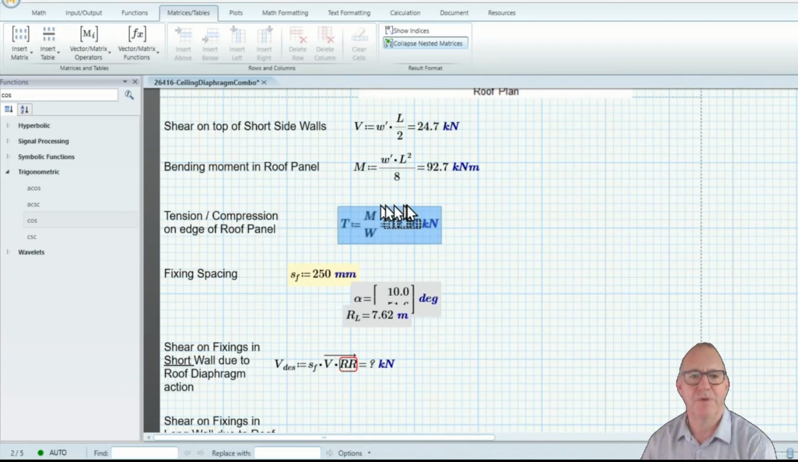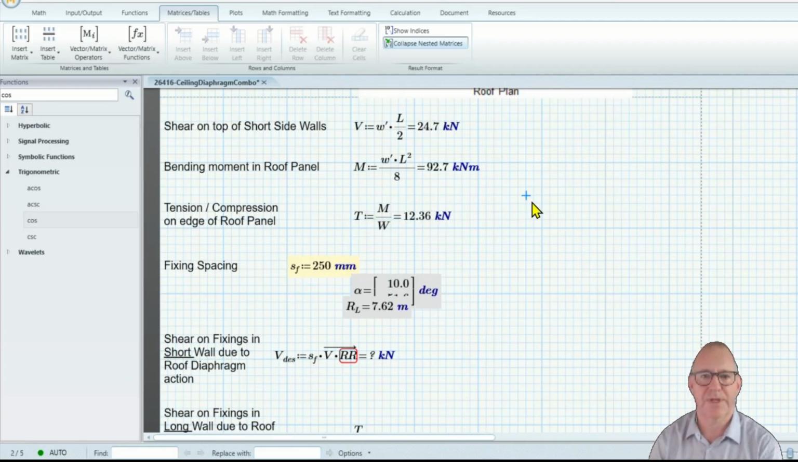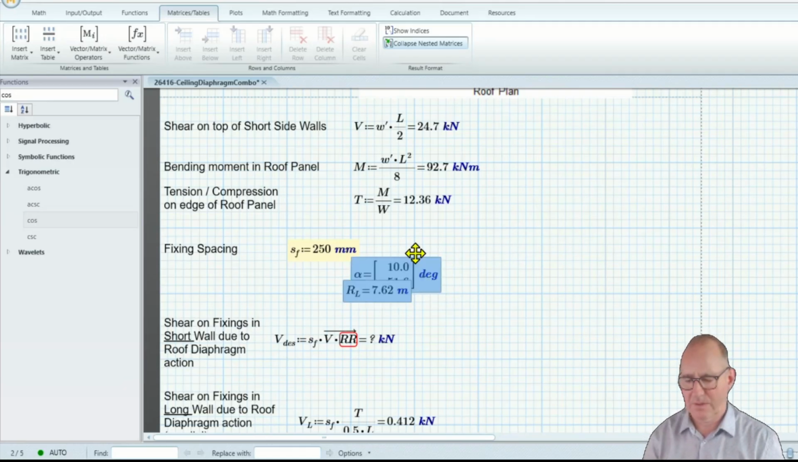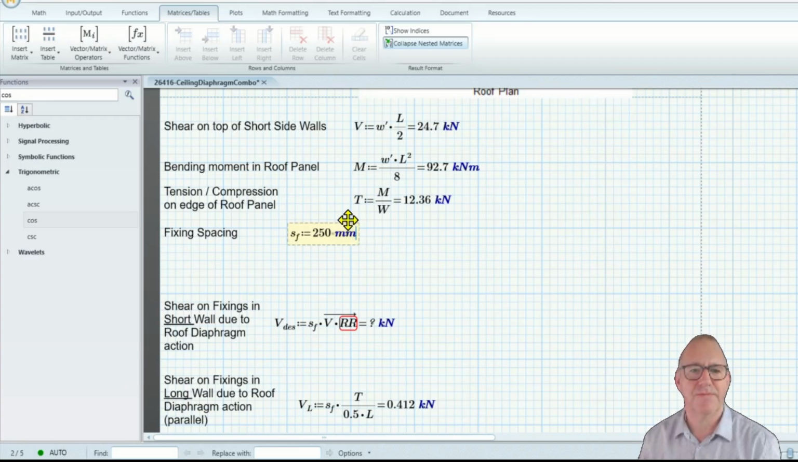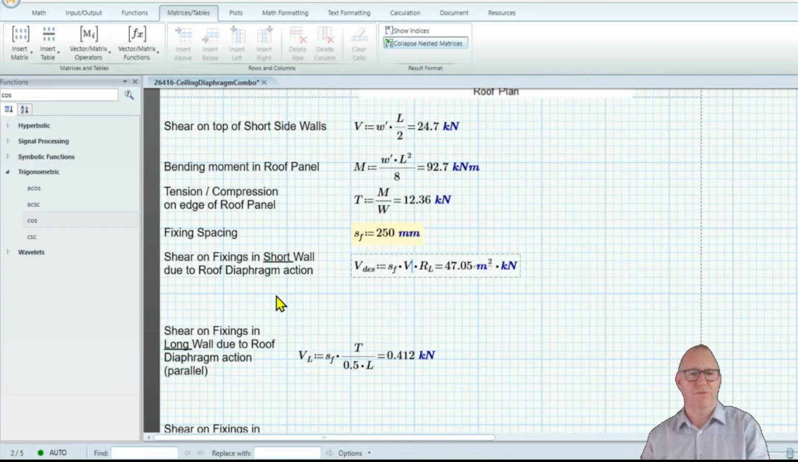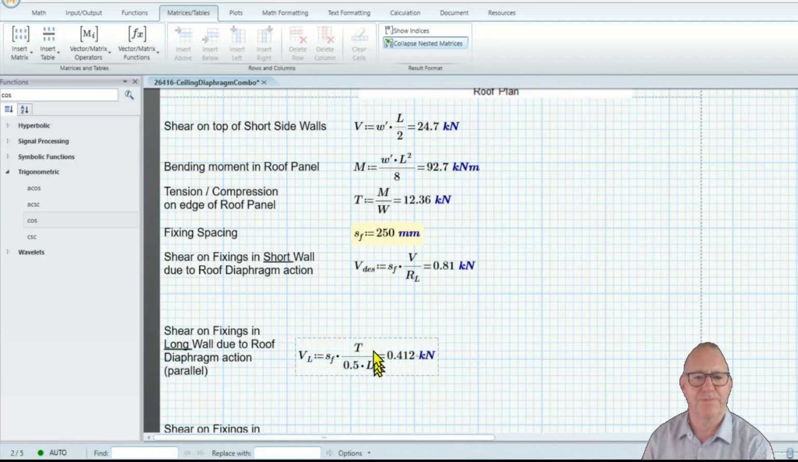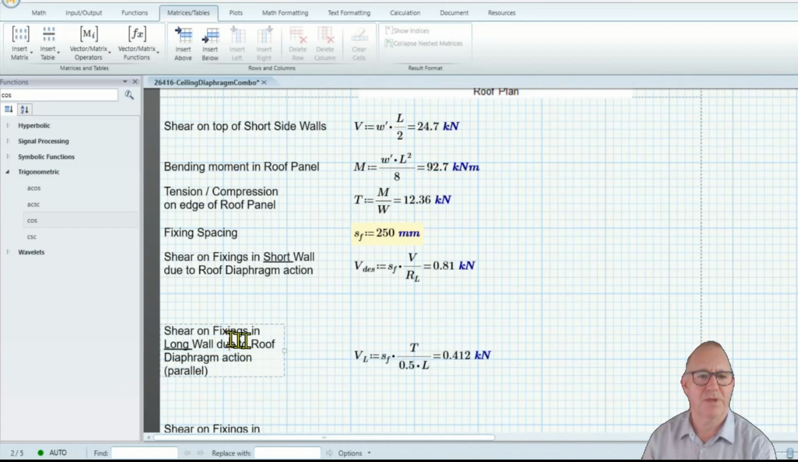So you divide the moment by the width of the building, you get a tension force of 12.36. Now we've said that our fixing spacing is 250 millimeters. This shear on the fixing in the short wall due to the roof diaphragm action is simply the spacing of the fixings multiplied by the shear. Then you divide that by the length of the roof, and we get 0.81. Okay, now we're looking at the shear in the fixings on the long wall